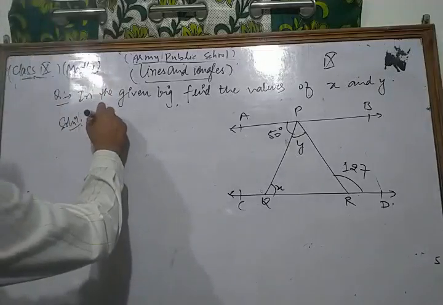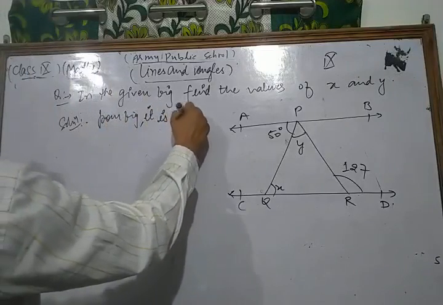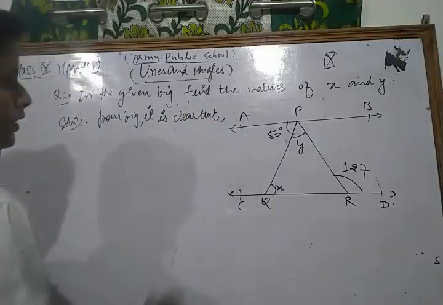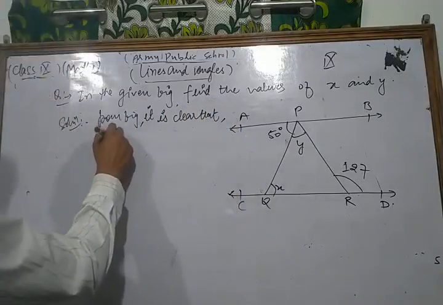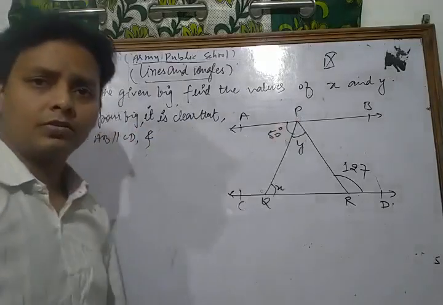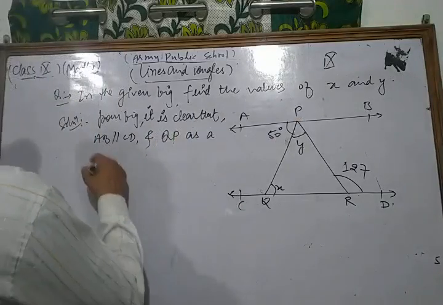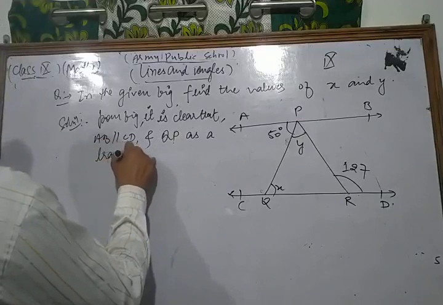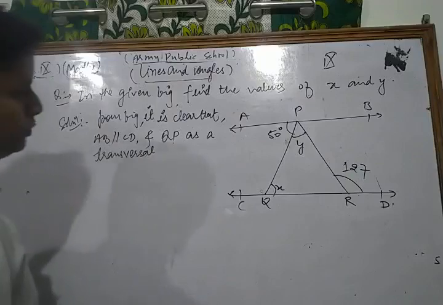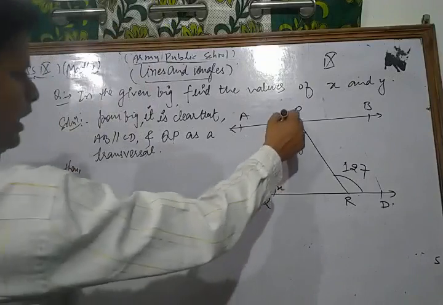From the figure it is clear that AB is parallel to CD, and QP is a transversal. Then